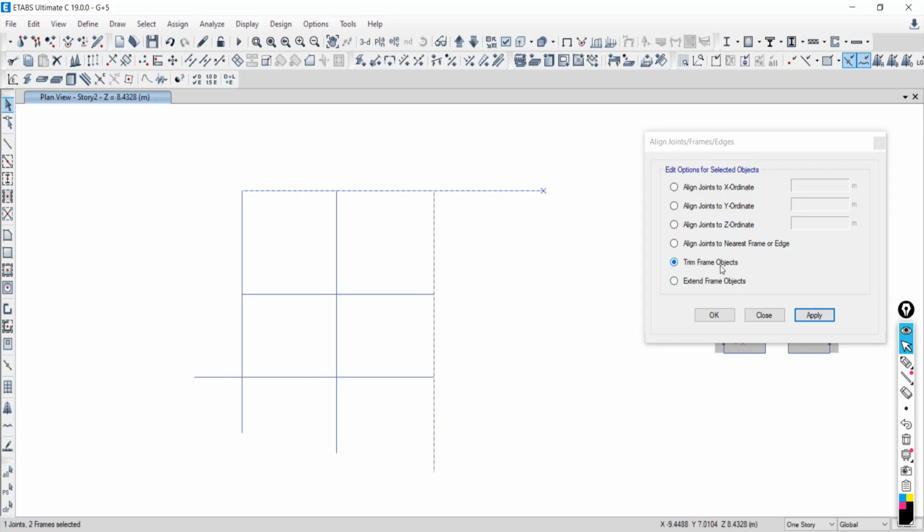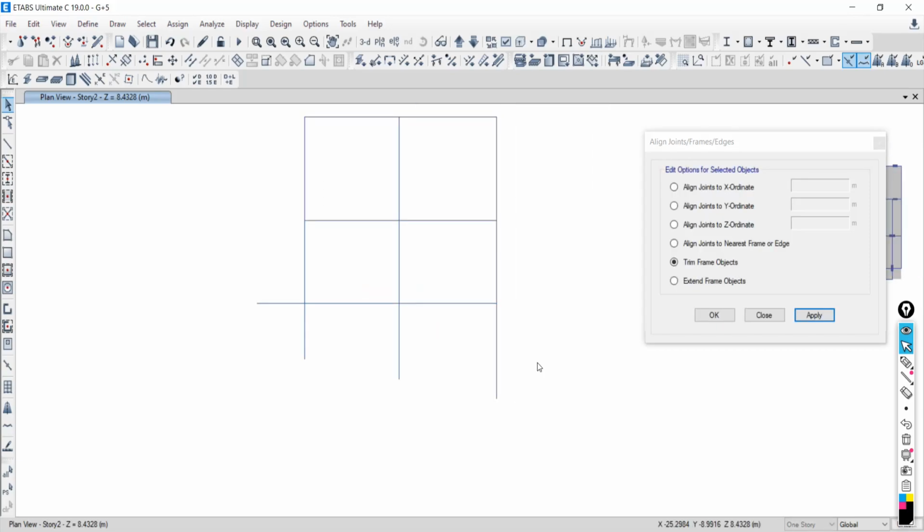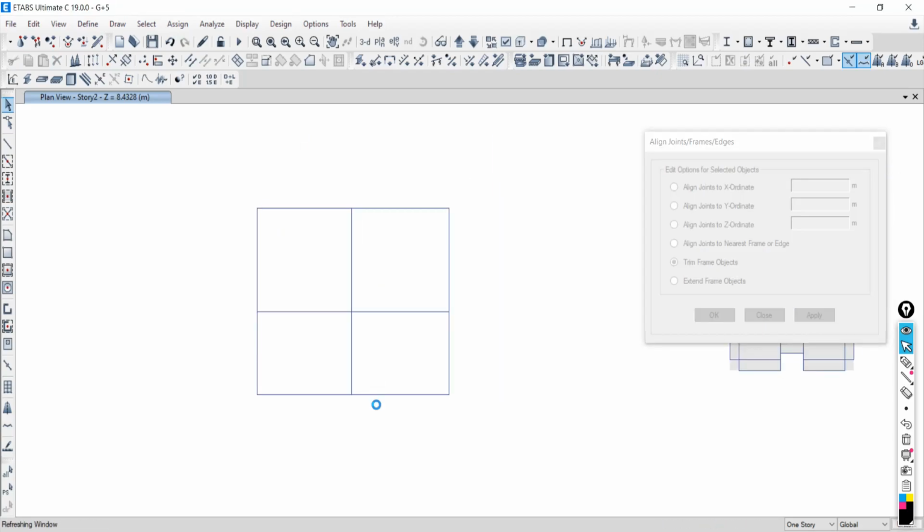Select this trim frame object. Now say apply. I want to trim all of this extended part about this frame, all these joints. Just say apply. I want to trim this frame about this frame, about this joint. Now say apply. Understood or not?